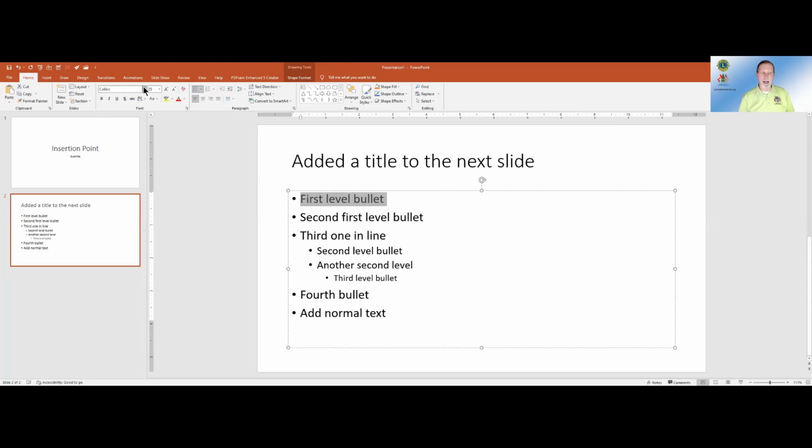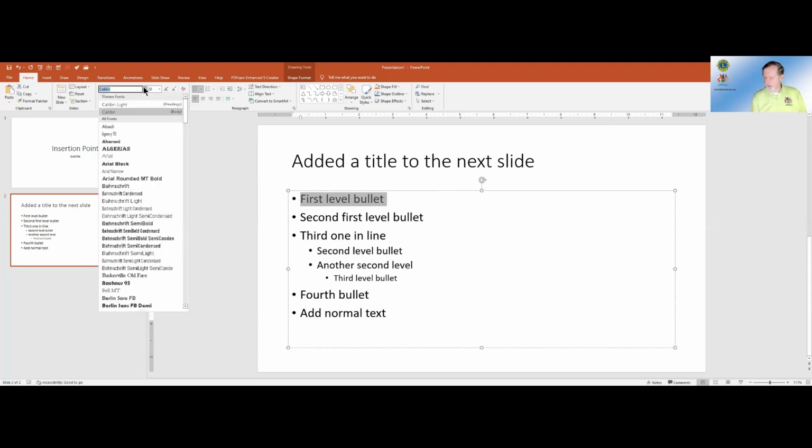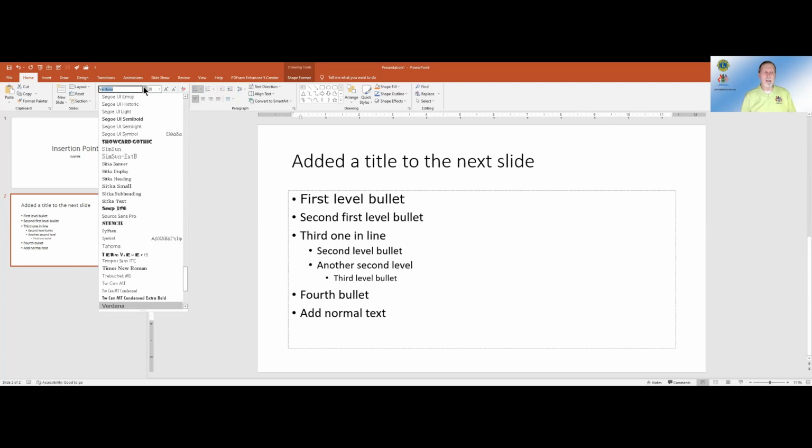I myself have been sort of fascinated by a font that is called Verdana. Now, I'm not sure of the correct pronunciation. It may be Verdana, it may be Verdana, I don't know. I hit the letter V, and I see it down here. Here it is. Note that when I point at that font name, this changes. This is illustrating what it will look like before I click on that font name. So I get a preview of what this is going to look like before I apply it.